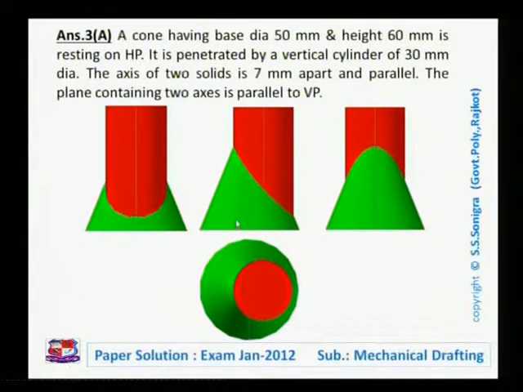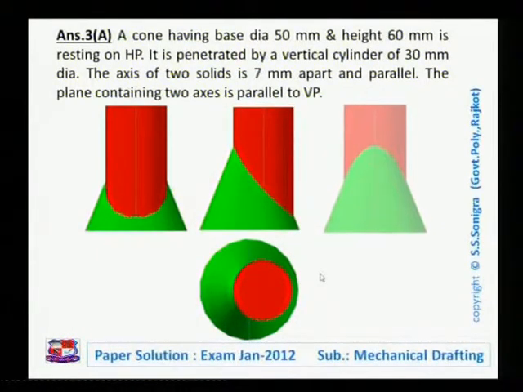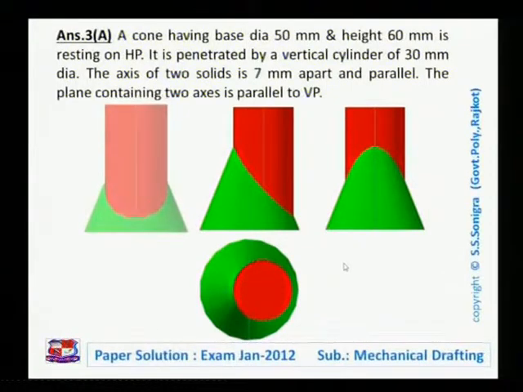So these are the four views. We need not draw this view, and this is the isometric view. Here, in the examination, you need not draw these diagrams. This is drawn here just to understand the concept of the given problem. This is the given case. Now how to draw this? This represents the top view and the front view. This is drawn to the right side, so it's a left hand side view. This is drawn on the left side, it's a right hand side view.